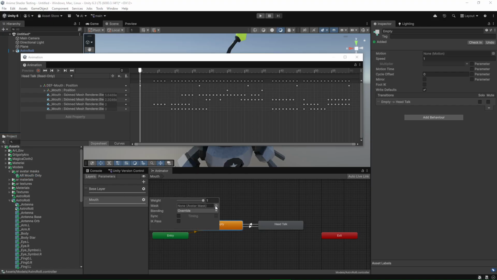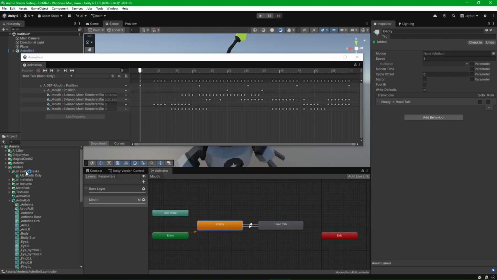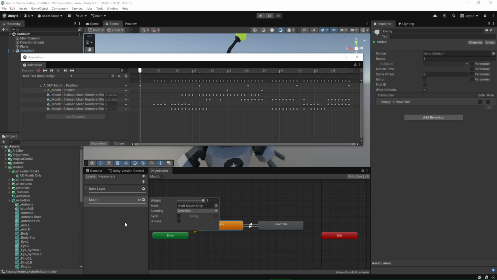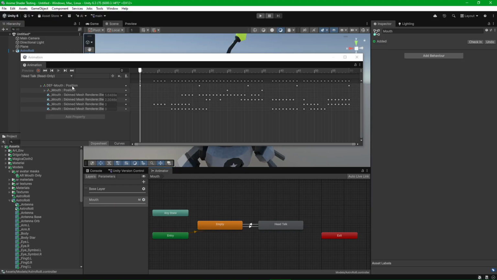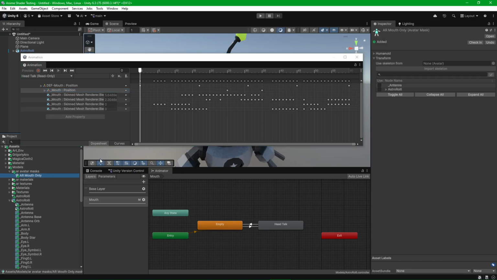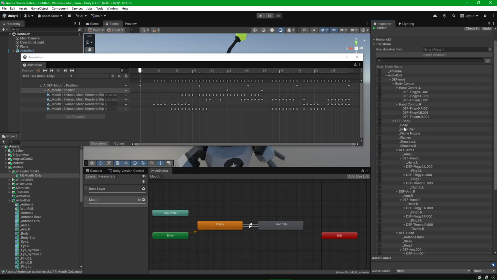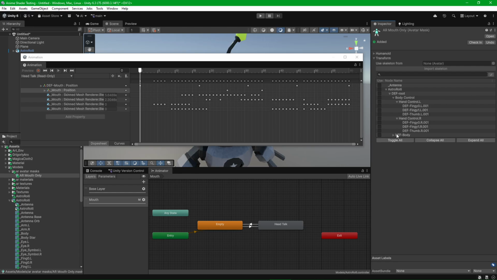So over here, you go to this and you say AR mouth only, because that's what we want on this mouth layer, only the mouth. And so here's the animation clip. I am animating the deaf mouth position, and these are the skinned mesh renderer stuff on the underscore mouth mesh. So back under the mask, we expand all this, we find under the body,